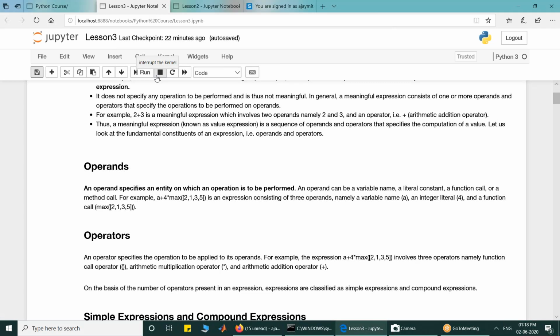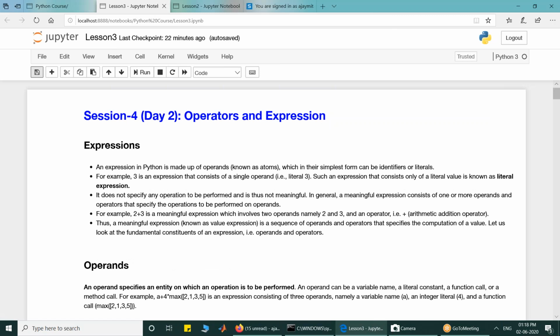So by this time, students, you know how to write identifiers, you know how to write constants. Now what we want to do is to combine these identifiers and constants into expressions. Expressions and statements are like forming sentences in natural language. We have learned how to create words in natural language, or in other words, we have learned how to create identifiers and how to make use of constants.